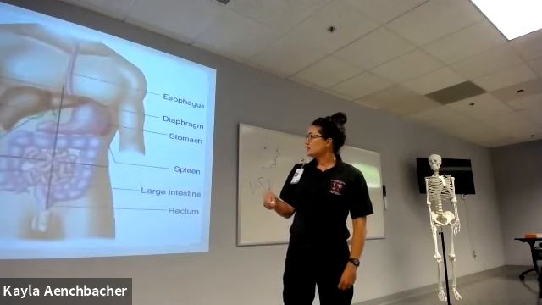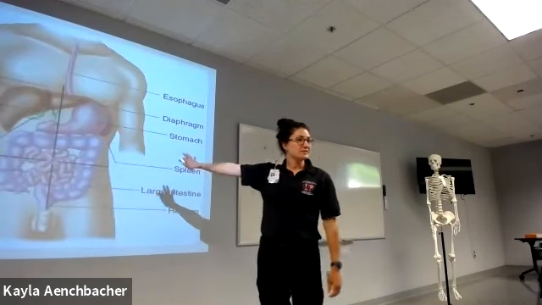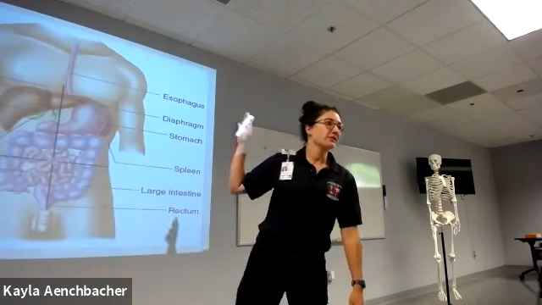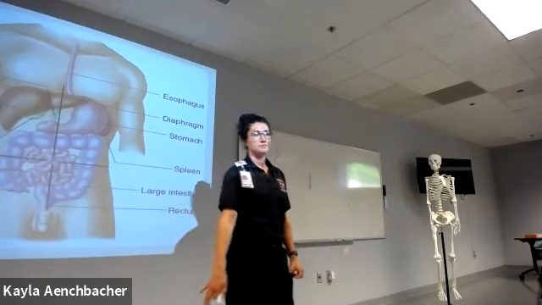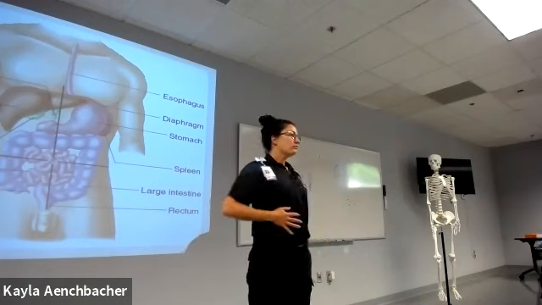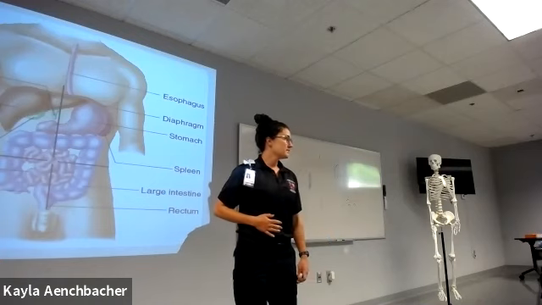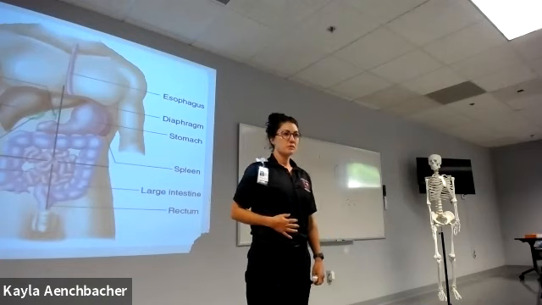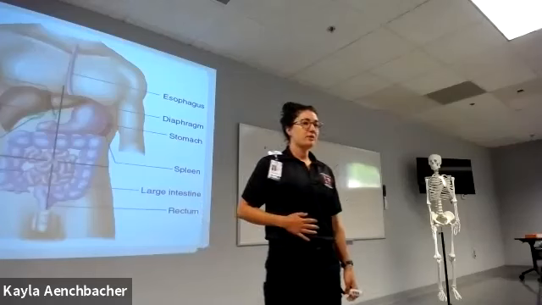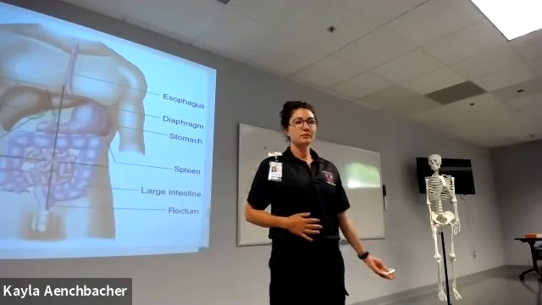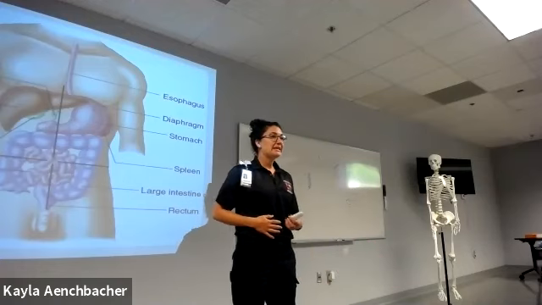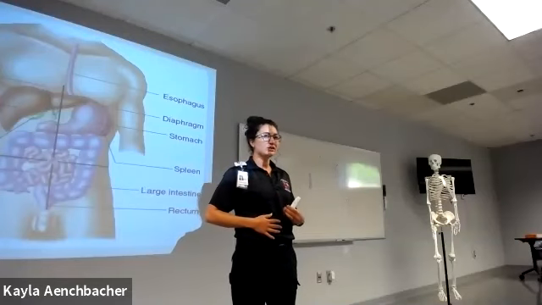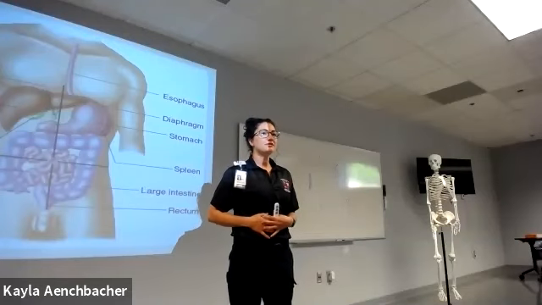All right, so digestion, guys, you gotta know this stuff. You gotta know where everything is in your abdominal quadrants. Okay, so my right upper quadrant, who all lives here? My liver, that's the big organ in my right upper quadrant. What does my liver do? Okay, so it filters, right? Any kind of toxins or stuff that doesn't really need to be in my body, that's the first line of